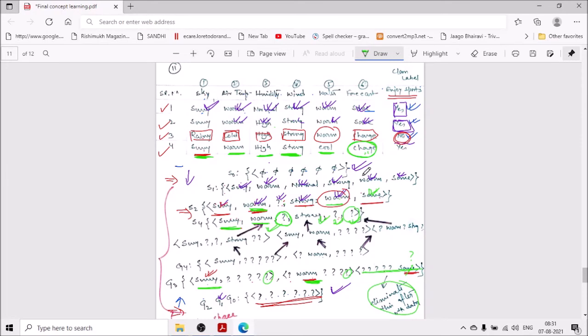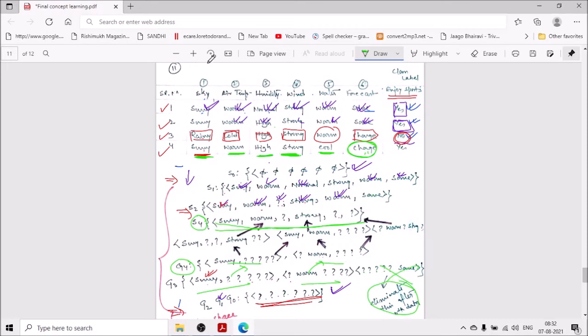Now next we don't have any data. So we can see after getting the S and G, we have to enumerate the other hypotheses. So we have an S4 and we have a G. So that means this one and this one, we have to eliminate this one. So this is what we have after the fourth data and this is what we have after the fourth data. So this one is this one, this one is this one, and we have to eliminate this one.